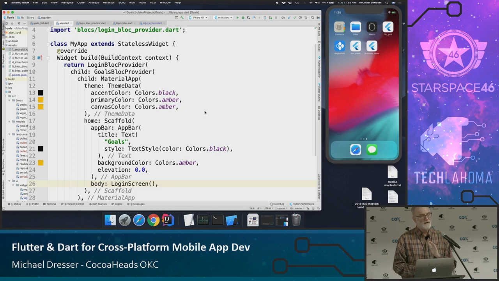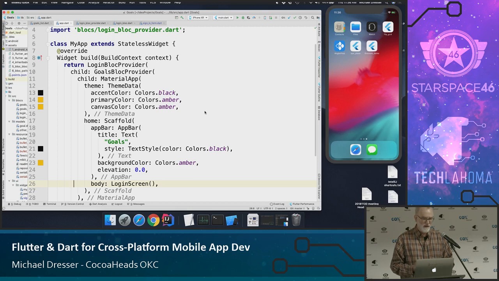I started off about 3 years ago learning Java and writing an app for Android. My daughter Emily, who's right here, wrote the iOS version of that. And in that experience of trying to keep two projects in sync and make them look similar enough on the two platforms so that it would be easier for users to go back and forth between the two, it got a little bit, not frustrating, but more work than I really wanted to do when I took on another project, write another app, where I could choose how I was going to do it.